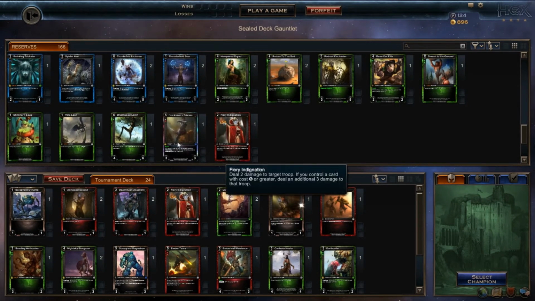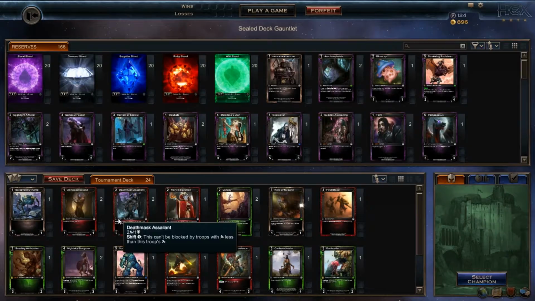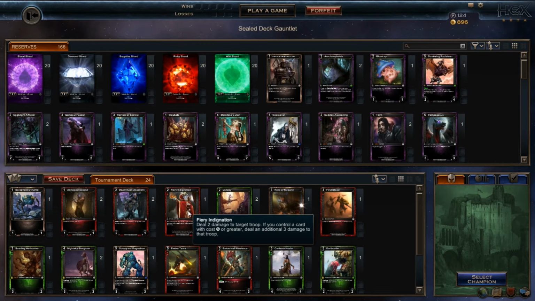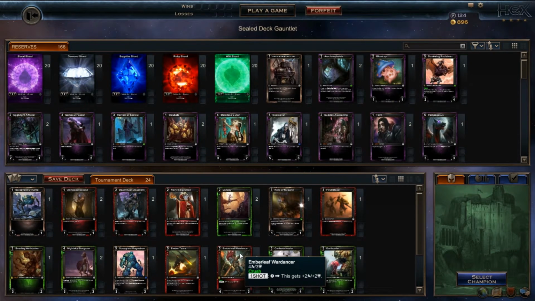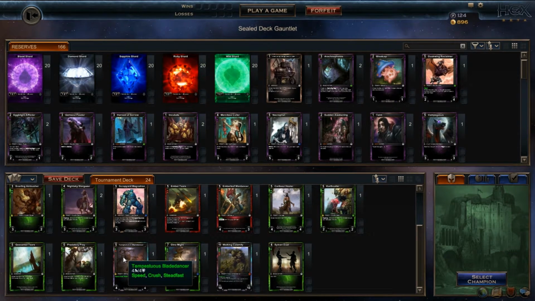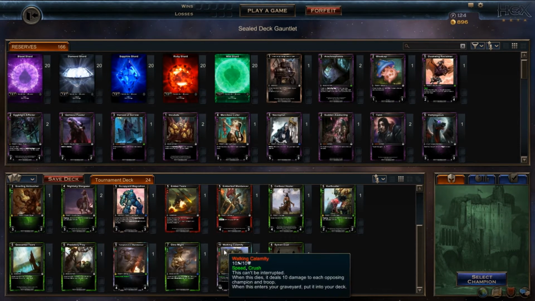Let's take out one of these. And then, let's see here. So we've got... This is 1, 2... 1, 3, 5... Oh, wait. 1, 2, 3, 4, 5, 6, 7, 8, 9, 10... That was a spell, that's not a creature. 11, 12, 13, 14, 15, 16, 17, 18, 19, 20... I'm not sure if this is how that split works. 21, 22, 23